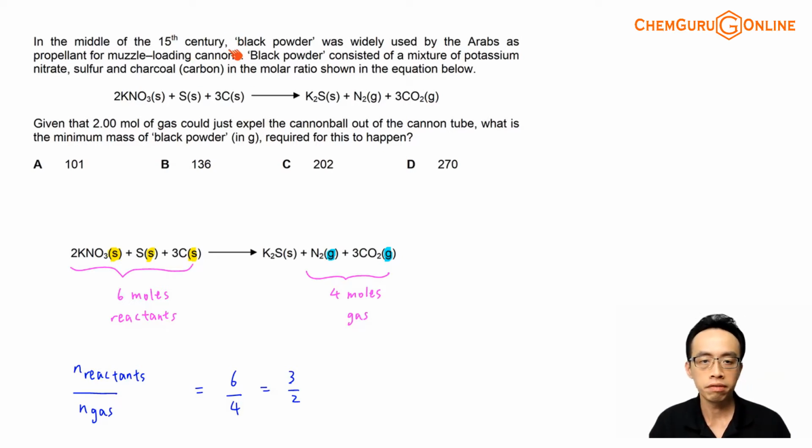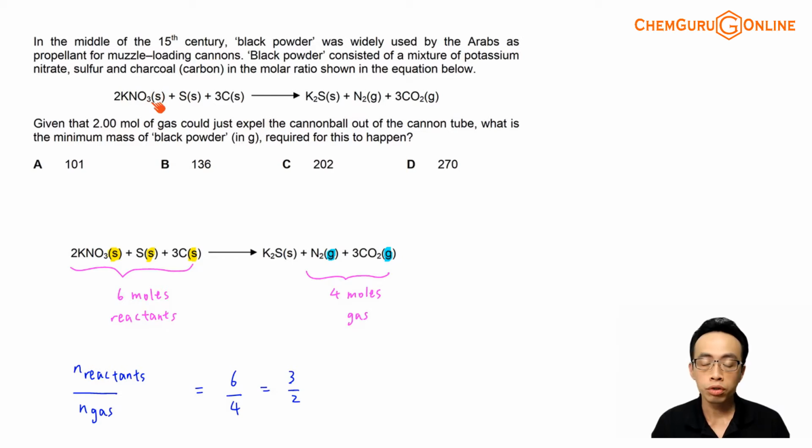In the middle of the 15th century, black powder was widely used by the Arabs as propellant for muzzle loading cannons. So black powder consists of a mixture of potassium nitrate, sulfur and charcoal, which is carbon, in the molar ratio as shown in the equation below. So we have 2 KNO3 plus sulfur plus 3 carbon. All of them are in a solid state to give K2S solid plus N2 gas and 3 carbon